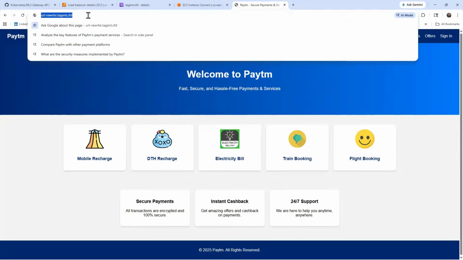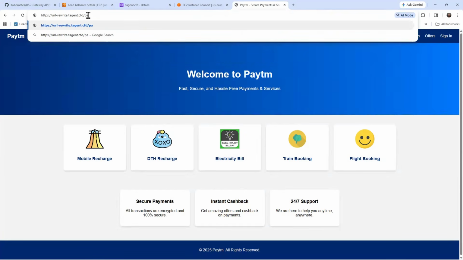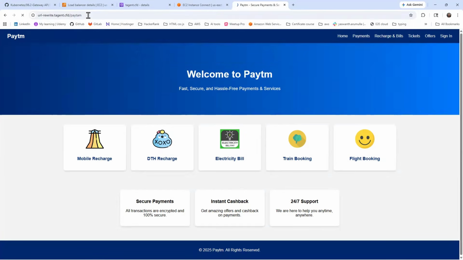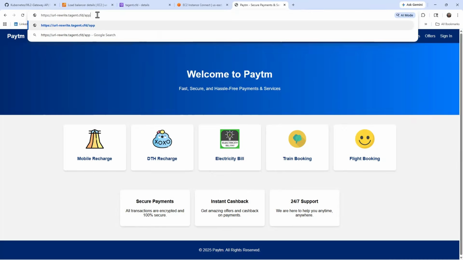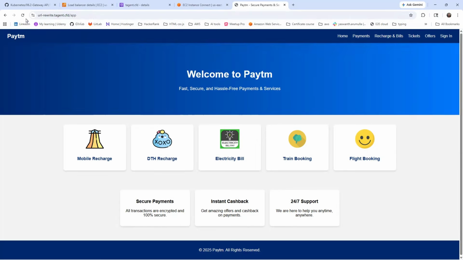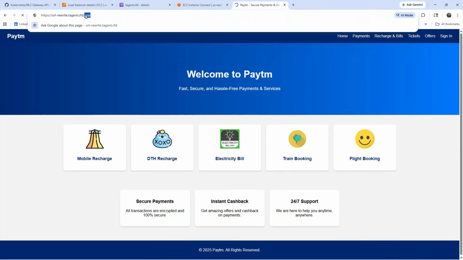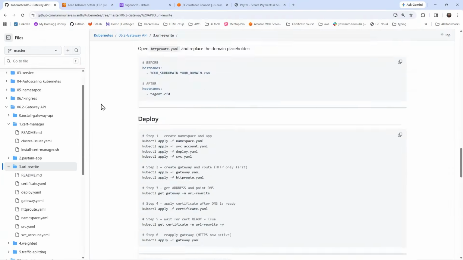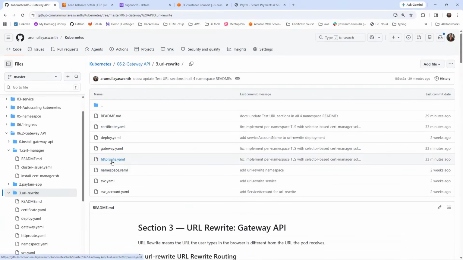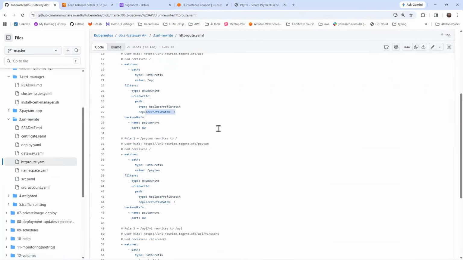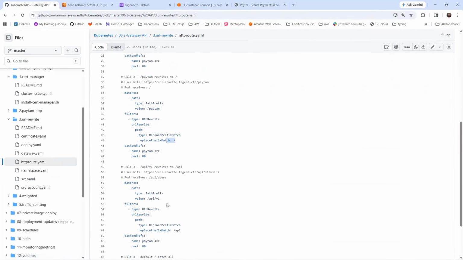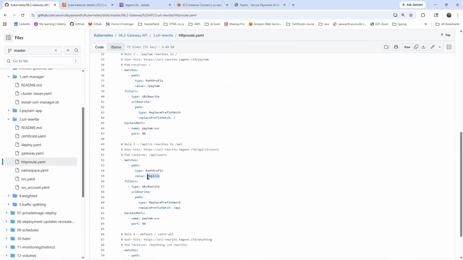Okay, slash Paytm. See, with slash Paytm also, I'm accessing the same application. Okay, and slash app. See, I'm accessing it. Okay, and now which URL we gave, and the HTTP routing: slash app is redirecting to slash, and slash Paytm is redirecting to slash, and now slash API slash